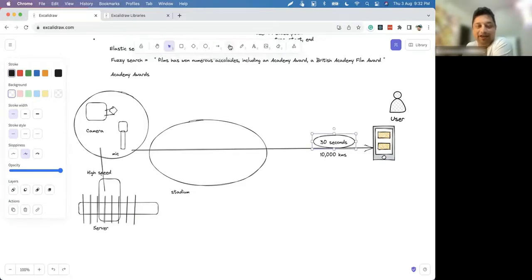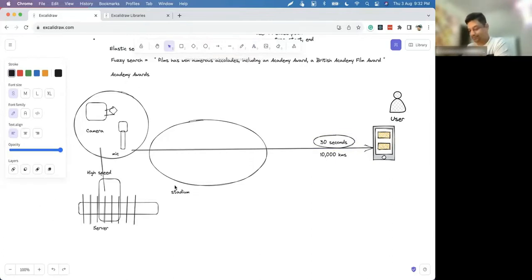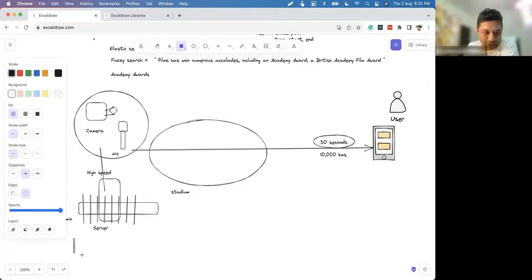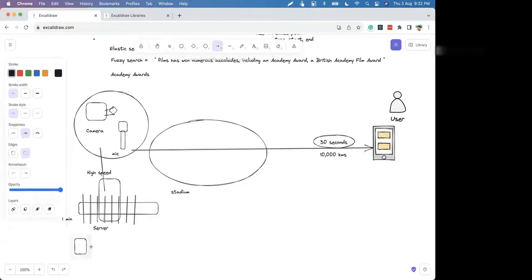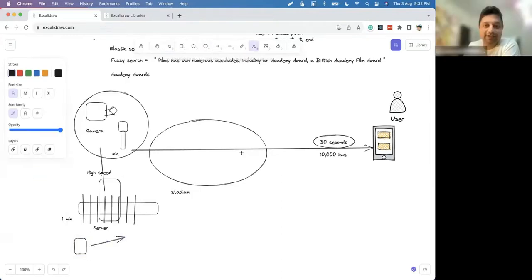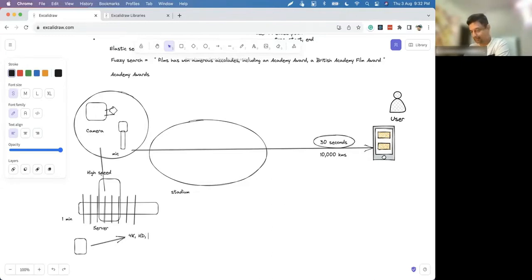If I keep 1 minute as the slicing time, from this 1 minute of video content I will convert to various formats: 4K, HD, maybe 480p, etc.